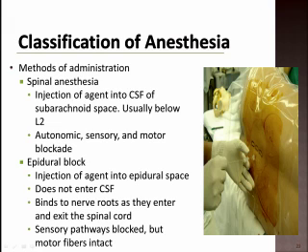Classification of anesthesia. Patients experience vasodilation and may become hypotensive as a result of the autonomic block, and may feel no pain as a result of the sensory block and may be unable to move as a result of the motor block. The duration of action of the spinal anesthetic depends on the agent selected and the dose administered. A spinal anesthetic may be used for procedures involving the extremities, like joint replacements, and for lower gastrointestinal, prostatic, and